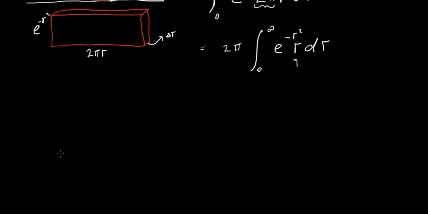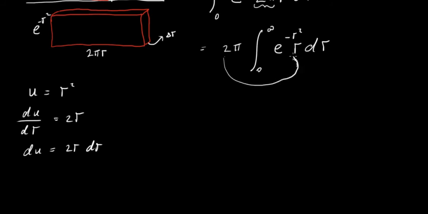We're going to let u equal to r squared. So du/dr is just 2r, or du is equal to 2r dr. Now let's look at what we can do with this. Actually, I've taken this 2 outside here. I might just stick that back in again, because if I stick that back in here, I'll have a 2r